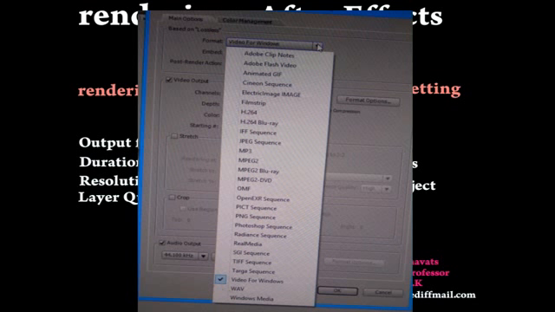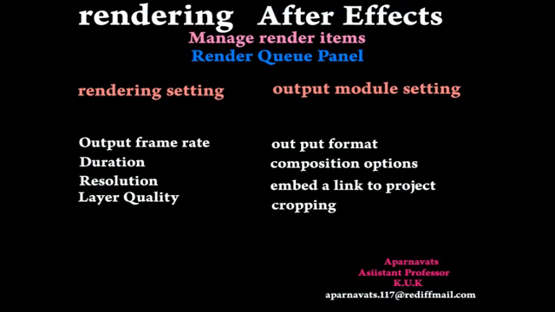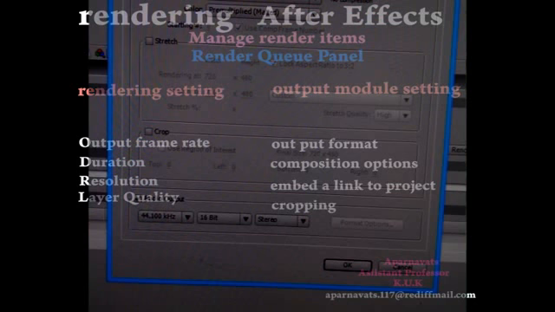Render and export with the render queue panel. Rendering and exporting movies from After Effects is done through the render queue panel. When you place a composition into the render queue panel, it becomes a render item. You can add many items to the render queue, and After Effects can render multiple items in a batch